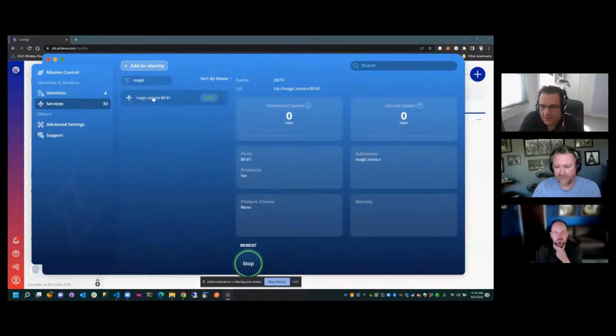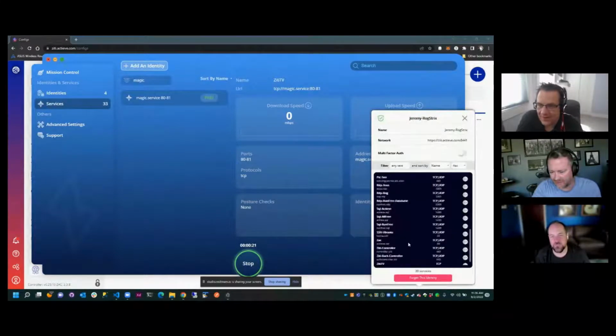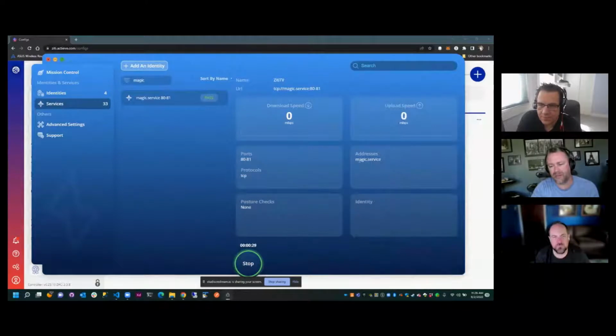Magic service. It doesn't show more than one address. Can you show me in the ZD Desktop Edge for Windows original classic? Classic, yeah. Identity in my yes. That's a good question. Okay. No, that would be another good addition, is to show you what identity it came from. It is there. Oh, you know what I'm doing? That's right. In the list, I'm showing the first one, but here it should show it. I'm kind of surprised it's not listing here. In the list over here, that's what I was.